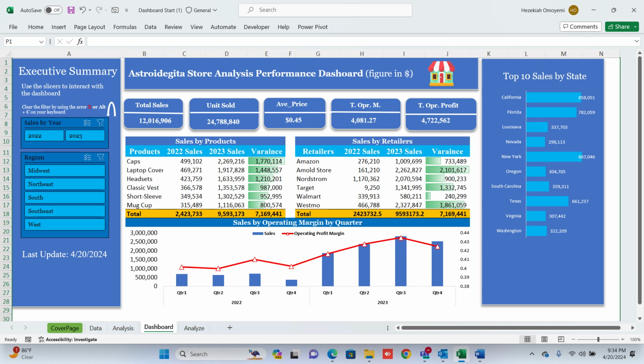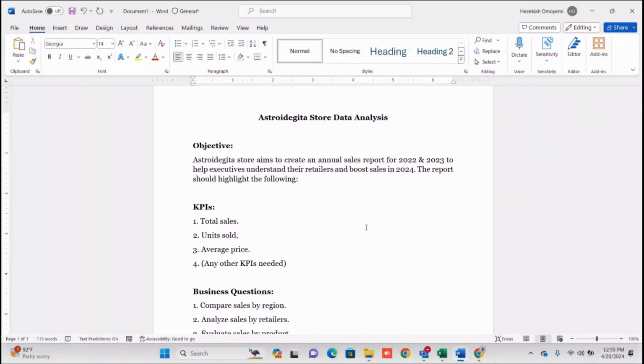All right, guys, you are welcome to our data analysis project session. In this session, we are going to be looking at how to develop a dynamic dashboard using Microsoft Excel. Here is our guided project,